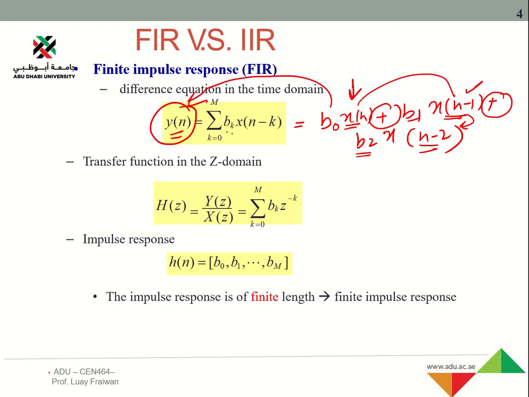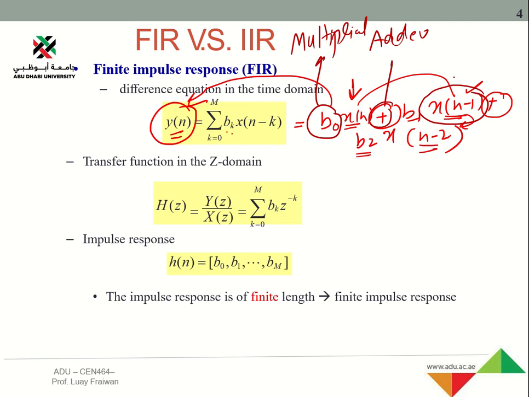So for the real-time implementation, I need a simple adder, a simple multiplier for the coefficient multiplications, and a delay system which can produce the previous input values.